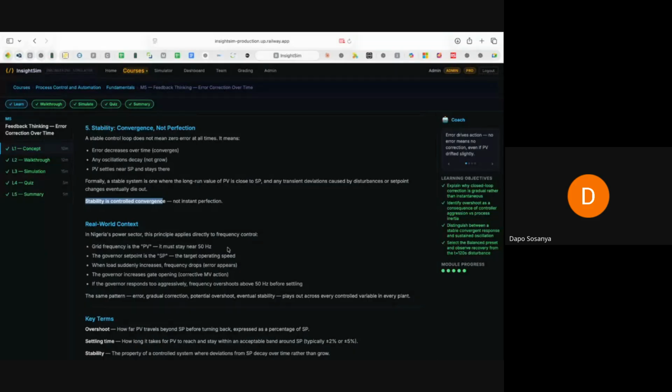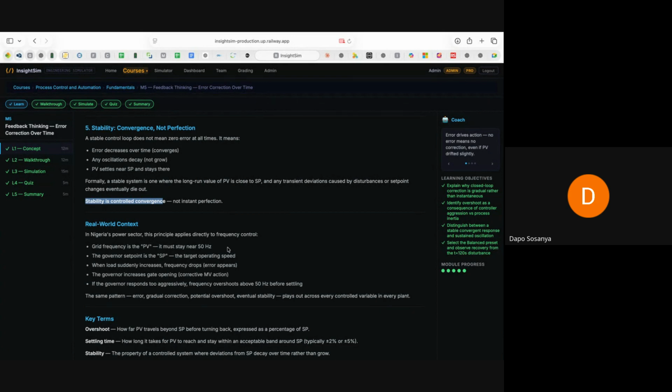I think the percent variation is 0.05. So you can either have 50.05 or 49.05. Anything outside that range, you have a collapse. And all of that happens when all the generators in the country are connected to the grid and they're all